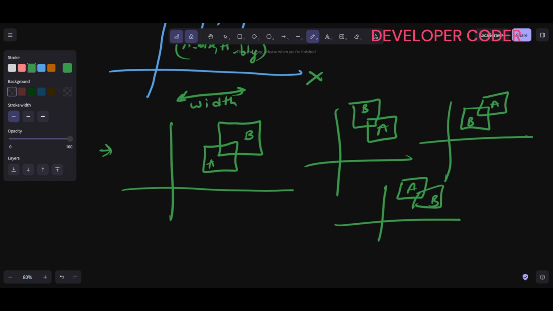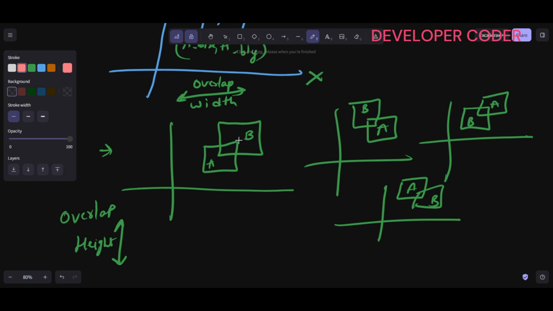And then after that, I will tell you how we are going to calculate the height of these two boxes. The intersecting, overlapping, I can say I will find out overlap width and overlap height. So that's what I'm going to tell you, how I'm going to do this. So for these two, for this shape or any of these shapes, if you notice, the overlap width is going to be,